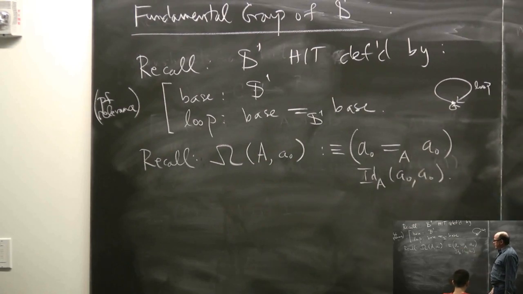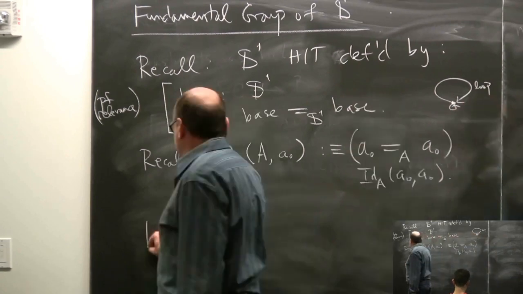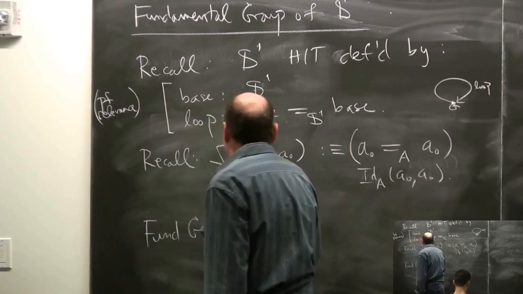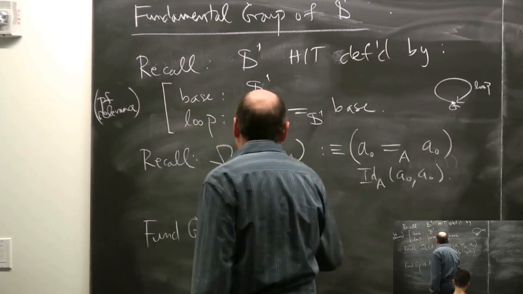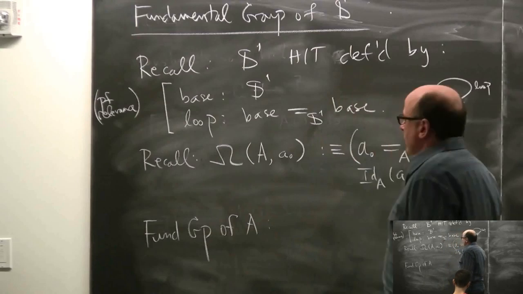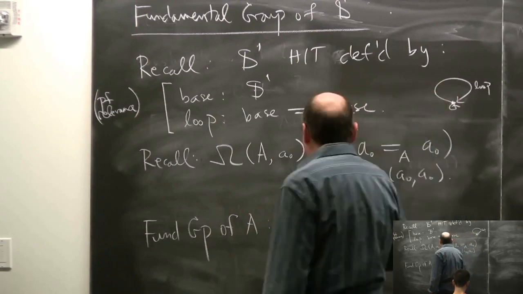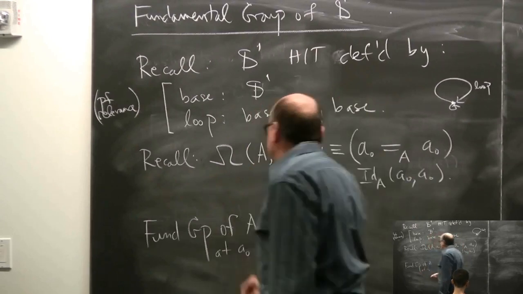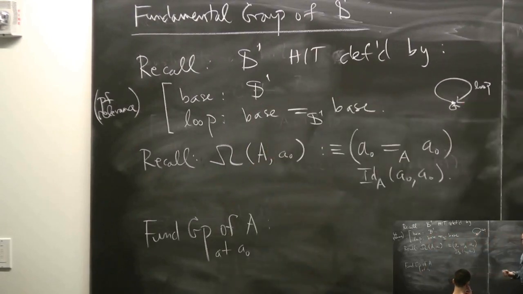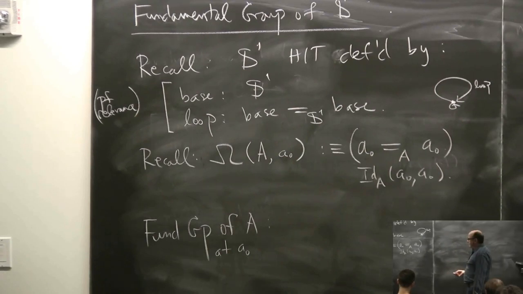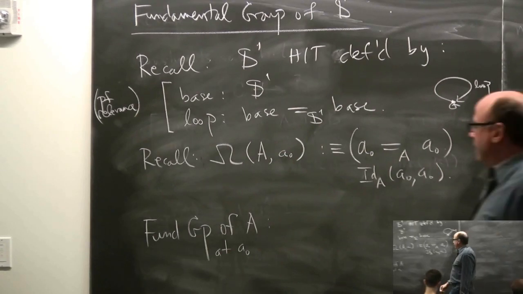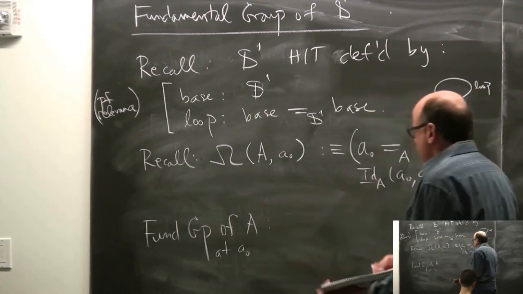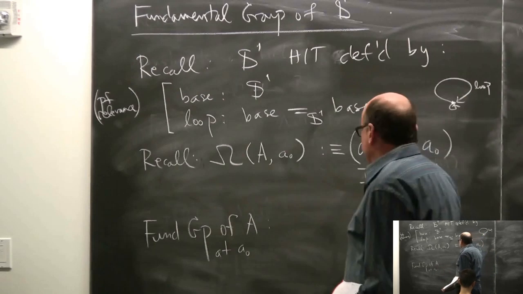So what we're interested in studying is, by definition, the fundamental group of any type A, which is defined as follows. So what I want to do is look at, well, you could say at A naught, or sometimes people have an implicit base point. So that's one of those things. Okay, so let's say the fundamental group at A naught, we could look at it like that, or else we could form the product of all of them. But anyway, let's just say it's at A naught. Okay, what is the fundamental group going to be? Well, that's really,